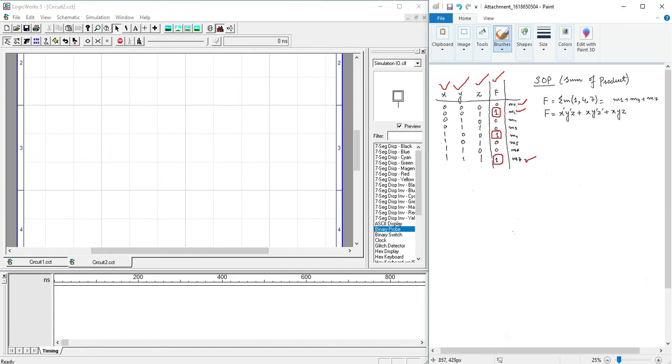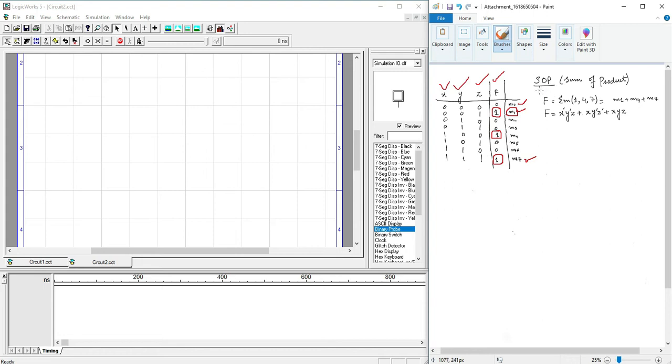Now we will see that when the output is high, x is equal to 0, y is equal to 0, and z is equal to 1. So this location is called m1, and the inputs are x 0, y 0, and z is equal to 1. We will denote the 0 input as x bar. So for the first output that is high, the inputs are x dash, y dash, and z.